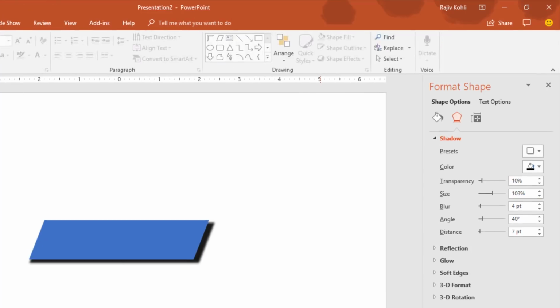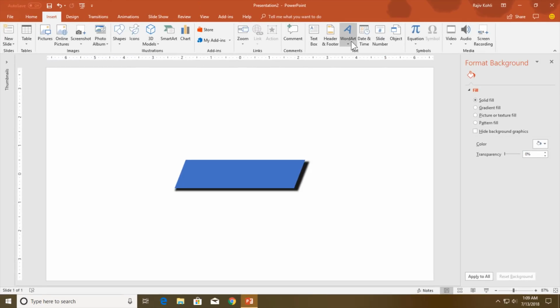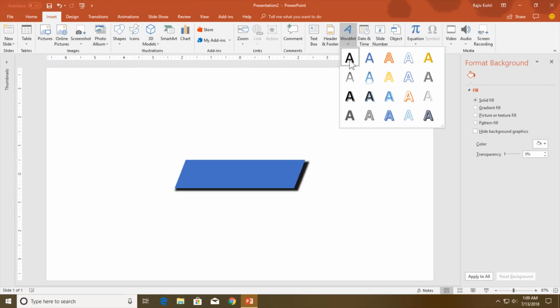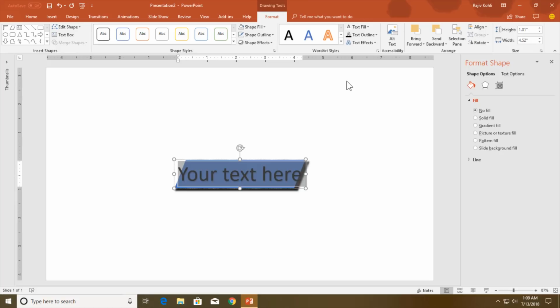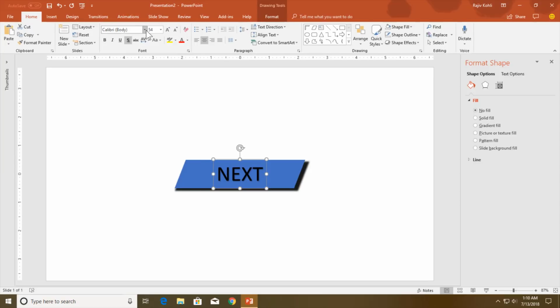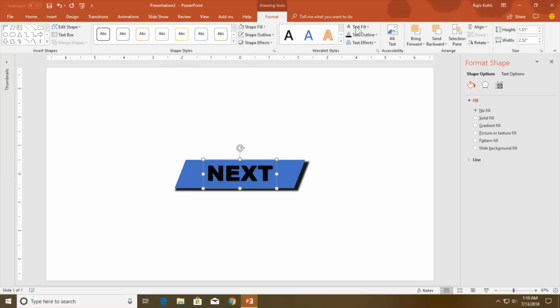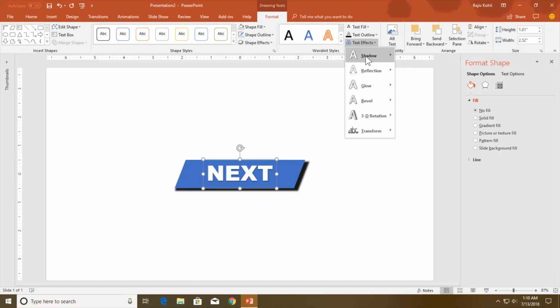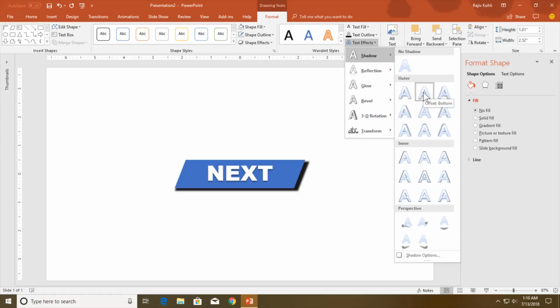That's fine. Now go to the insert tab, click the word art drop down button and choose this fill black text color one with shadow, and I am going to type next here, and would like to apply Arial black as a font with a text fill of white color, and I would also like to apply a shadow to the text as well, and I am going to go with this one.